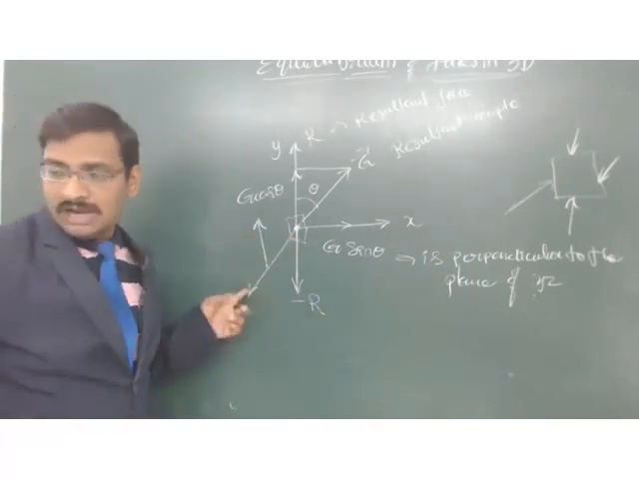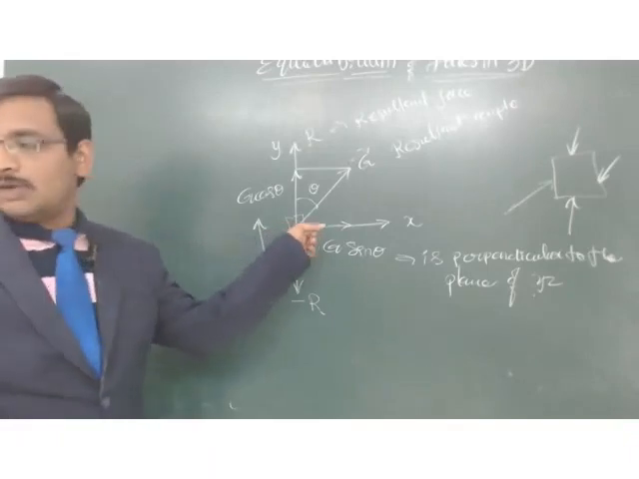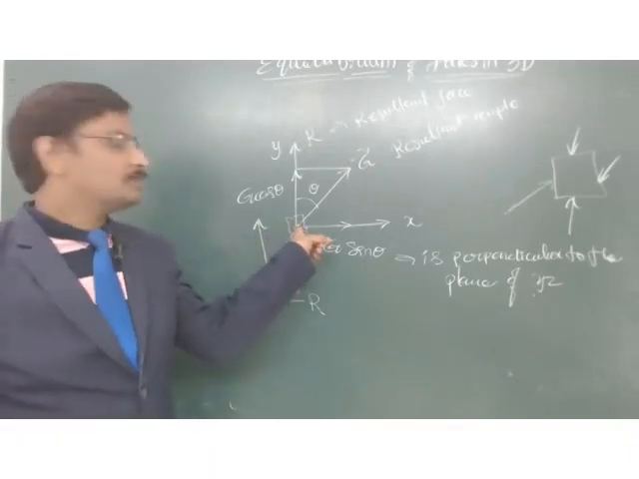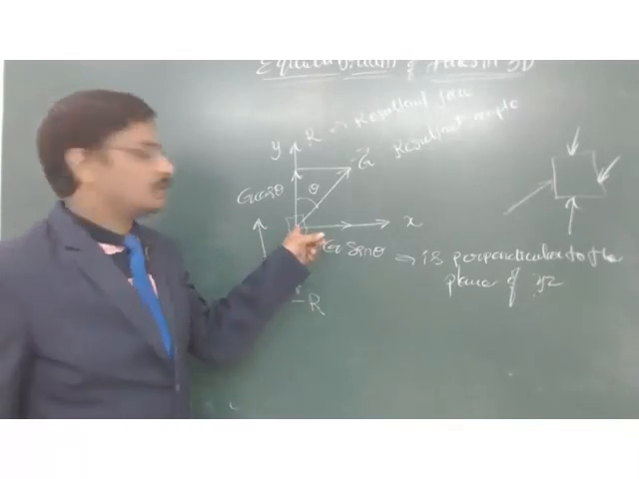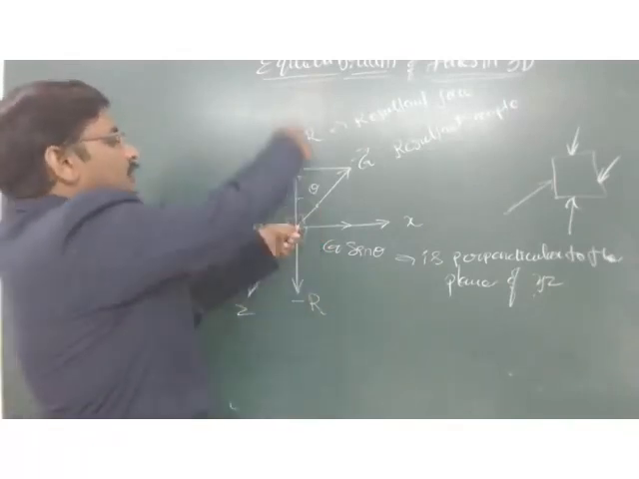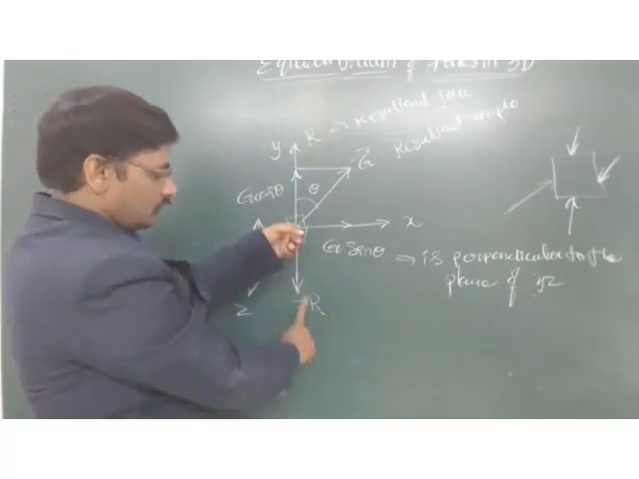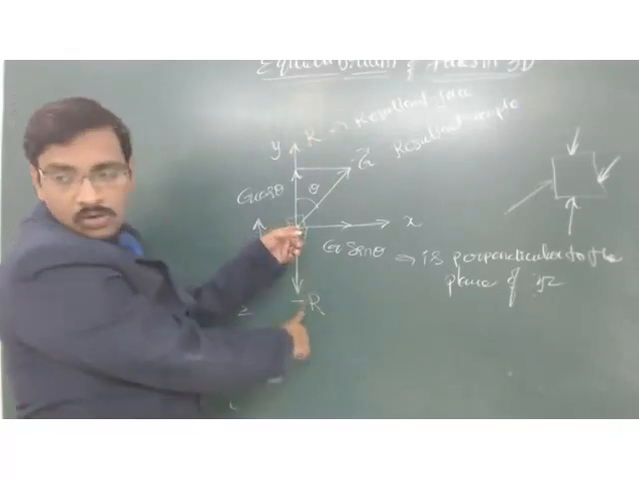I have drawn in a slant manner. Ideally, this is how it is. My finger is perpendicular to the board. So this is the axis of z. So if this is one force and there is one force exactly on the board downward, and